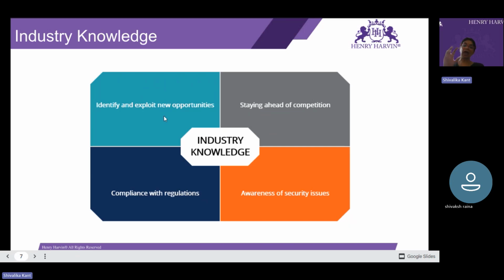So you should have this type of skill to explore better opportunities. Professionals with strong industry knowledge can recognize gaps or unmet demands, unmet needs, and they can create strategies, products, or services to fill them.